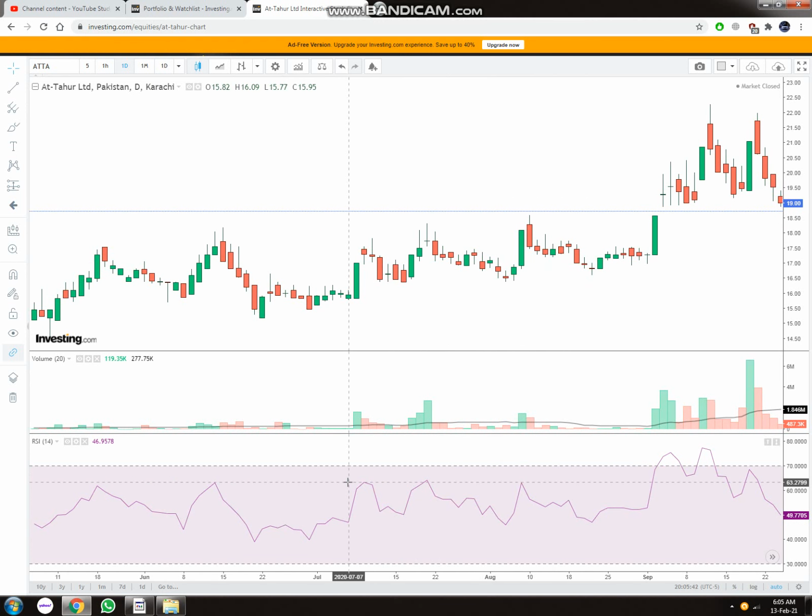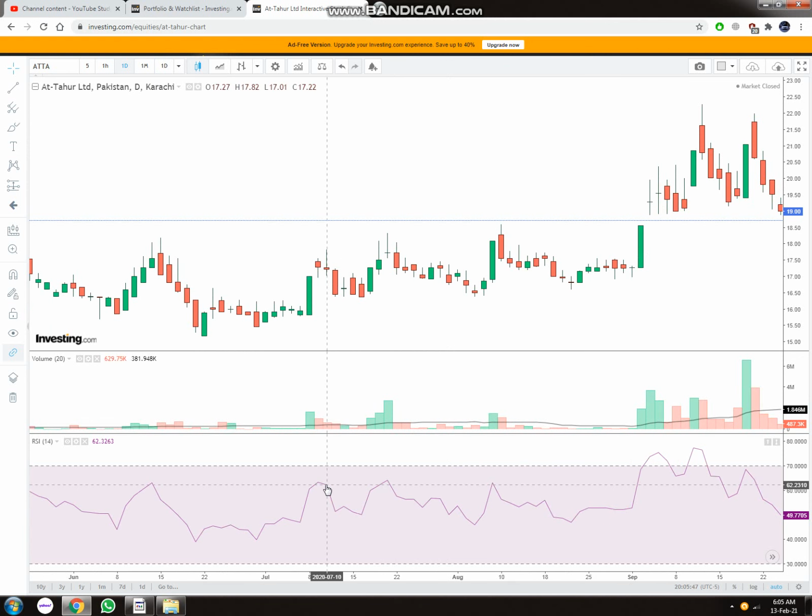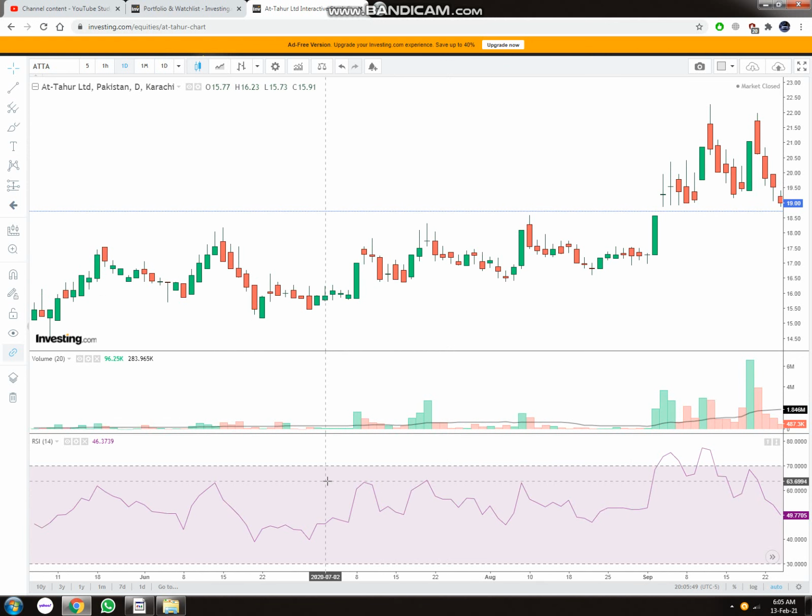Now in this place, the bears are strong, because you can see that they pushed the market up to a certain point, and then started to push the market in the downward direction. What this means is that at these levels the bears are strong and the bulls are not that strong. You can see that